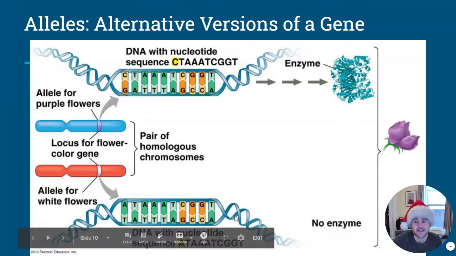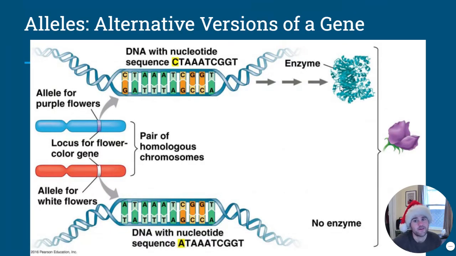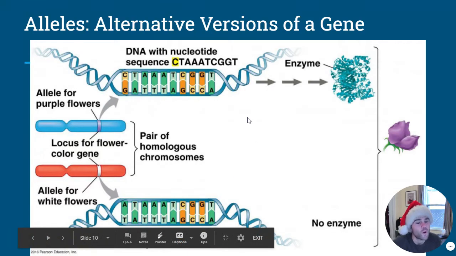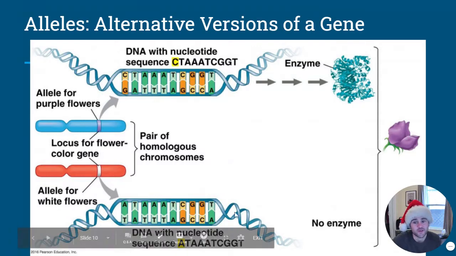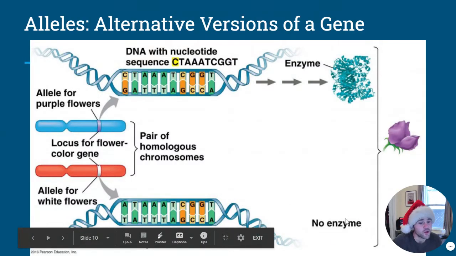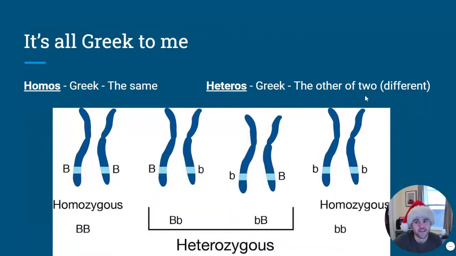So going back here, we can see that even though we have one allele for white flowers that's not making any enzyme, because we still have that purple-making enzyme, the dominant trait will win out. And so this is a great visualization of why dominance wins out, because we're still producing an enzyme that's making purple. Even though half our genes are coding for no enzyme, we still are making some of that purple pigment, and the recessive can't really fight it.